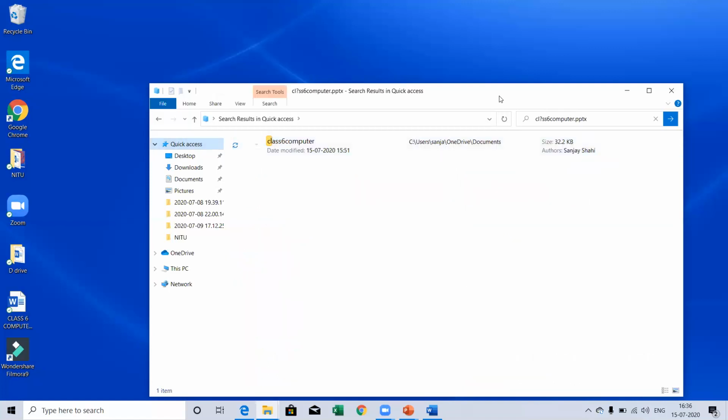Okay, so when I forget just one character, for example, CL, and I forget which letter was there in between CL and SS. This question mark you can use only when you have any confusion about a single character. Okay, you forget the single character. So for a single character, you can use a question mark.